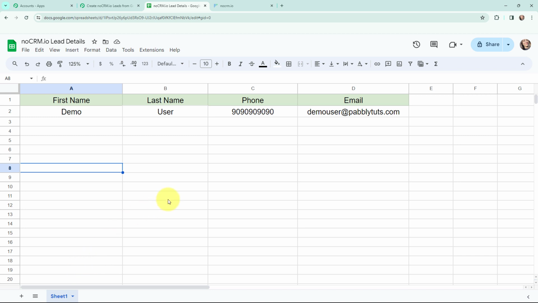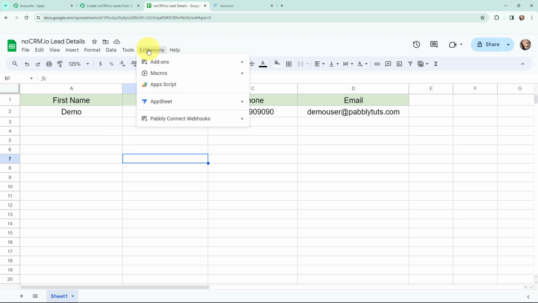So in this Google Sheet, I'm going to add the lead details, and my objective is that whenever I add the lead details in a new row, a lead should automatically be created in no.crm.io. Now, in order to build a connection between this Google Sheet and Pabbly Connect, I will go to extensions,